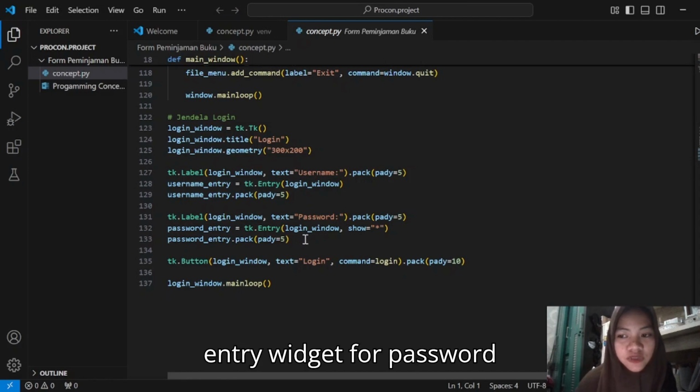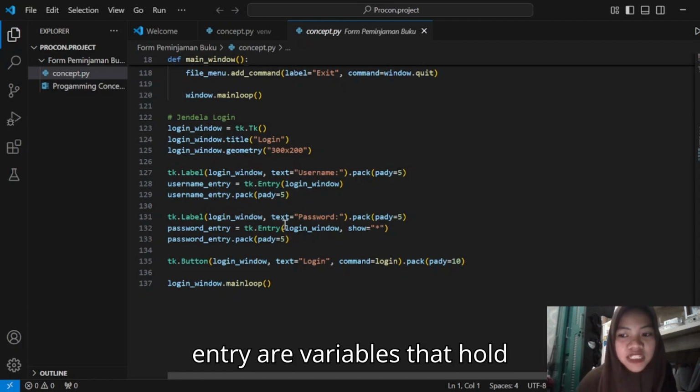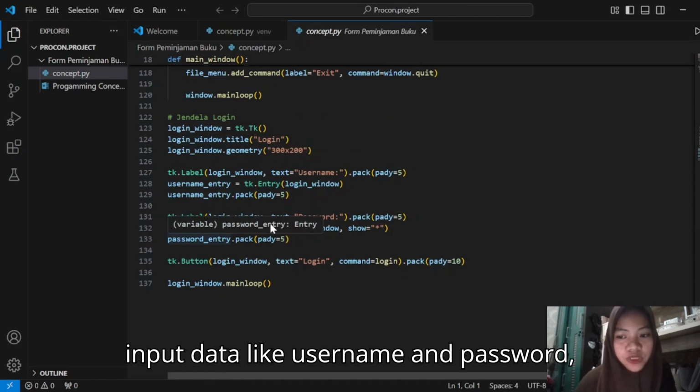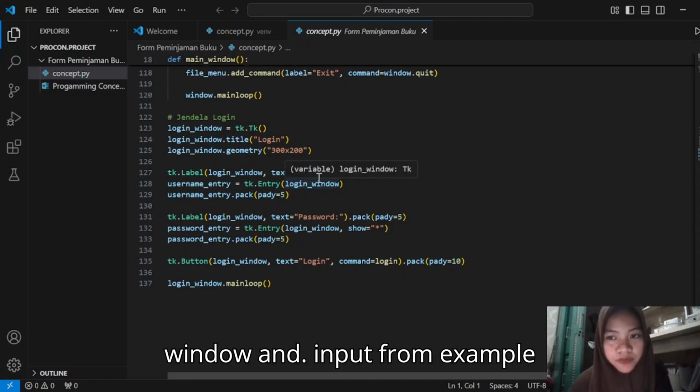This is the entry widget for password. Explanation. Username entry and password entry are variables that hold entry objects, allowing users to input data like username and password. Three, functions for login, main window, and input form.